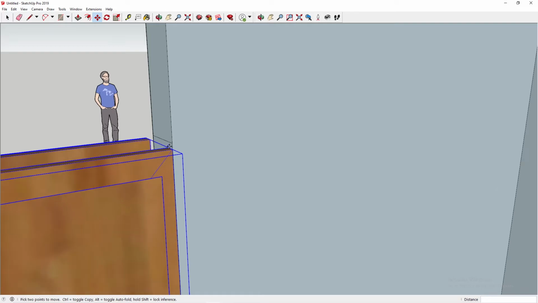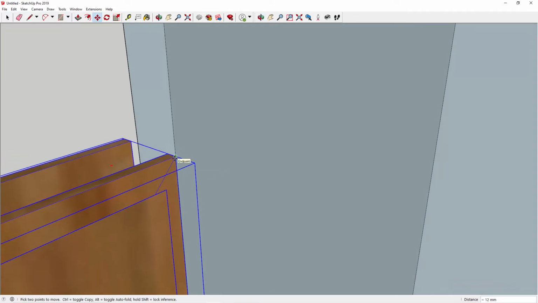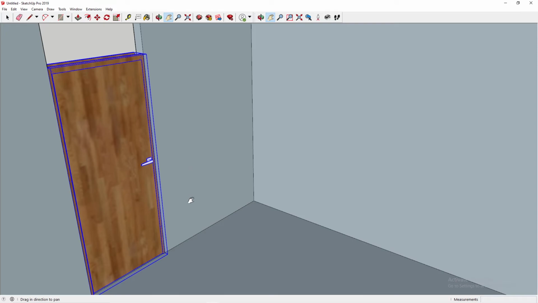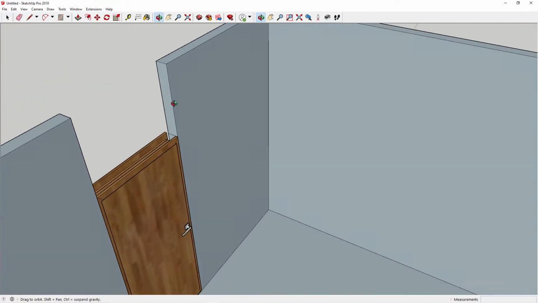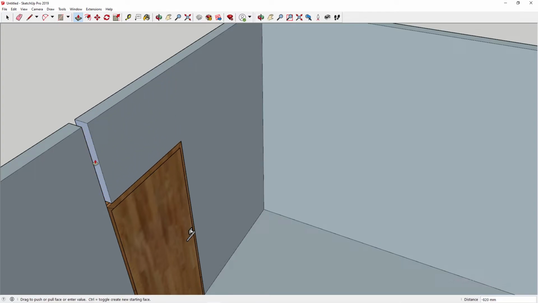So then what you can do is just zoom in and find this point, and when you see it on the green dot, it says it's completely level. So now when we zoom out, we can see the doors at the right height. Then all we simply do is click on this portion of the wall, which is now highlighted. Then we use our push-pull tool, extend the wall, close it up, and then we just click on the lines